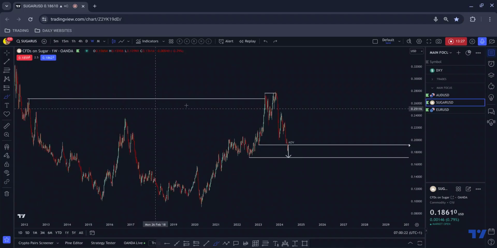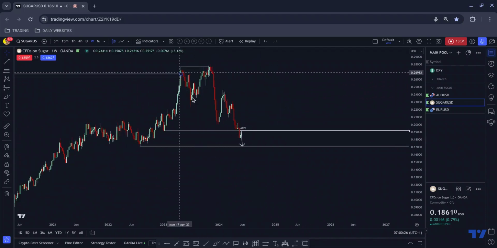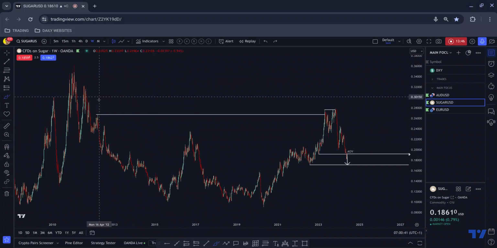Let's just get that one off the chart. There we go. We tap into the area, but how did we move down? Did we move down impulsively? No, we moved down more correctively than we moved up. Why did we move down more correctively than we moved up? Well, likely, given that the next high was all the way up here and up there, likely because either we were tapping into this one, but it's not very prevalent.